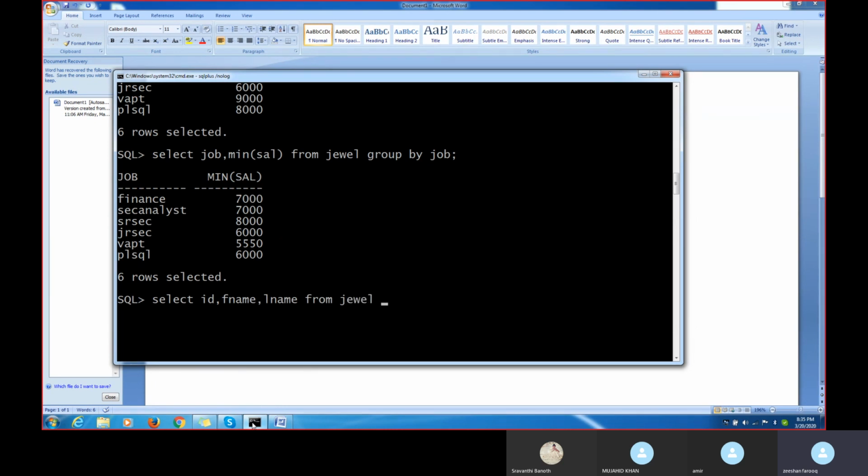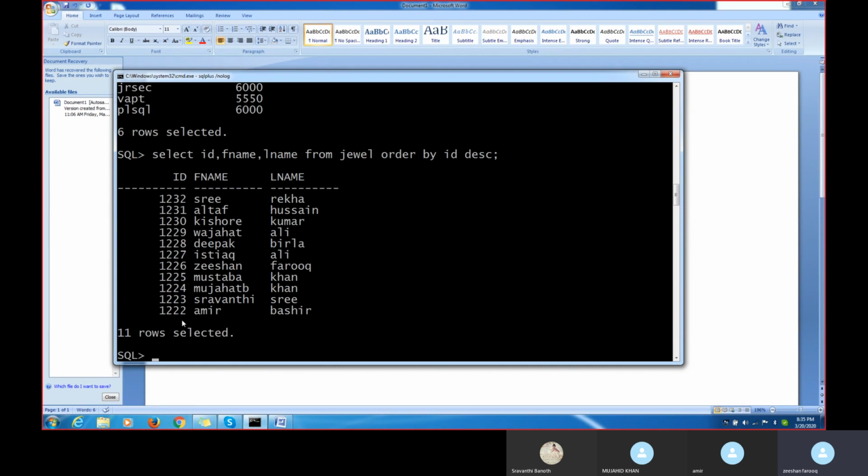Group by finished. Order by ID. Ascending means we are getting the IDs in ascending order, right? Now I am putting DESC, descending order of IDs.